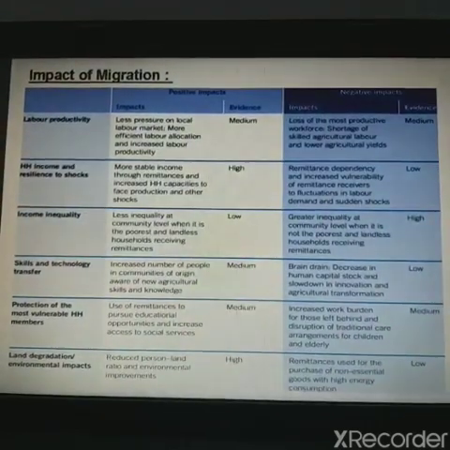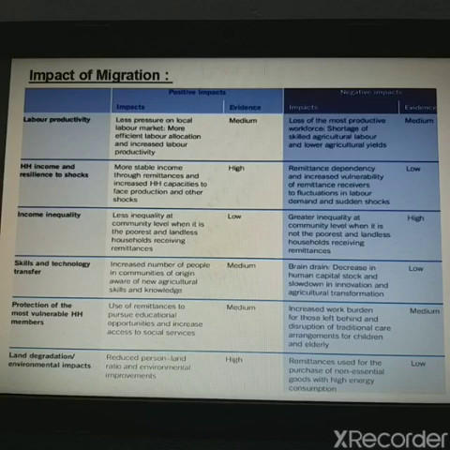Now these are the impacts of migration. First is impacts of migration, that is negative and positive impact. Let us see positive impacts first. So labor productivity. Over here in positive impacts, there is less pressure on the local labor market, more efficient labor allocation and increased labor productivity. Negative impact is loss of the most productive workforce, shortage of skilled agricultural labor and